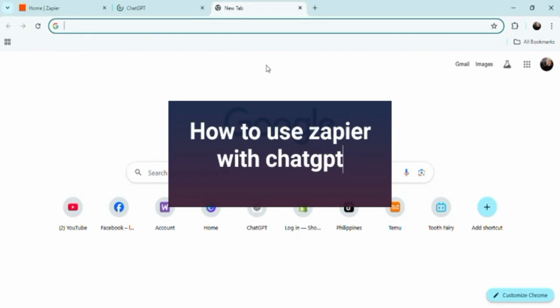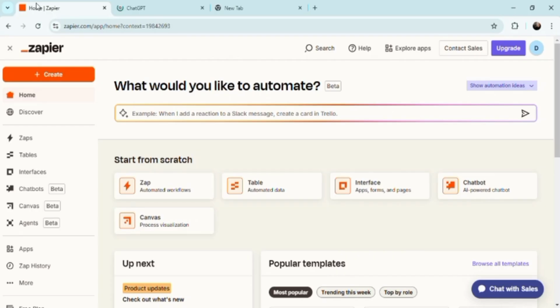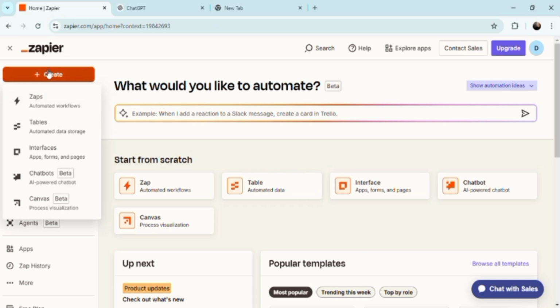So, how do you use Zapier with ChatGPT? Well, it's going to be really simple, so bear with me on this one. Okay, so now let's just go ahead and start. First and foremost, we're going to need our Zapier opened here, along with our ChatGPT on standby so that we could